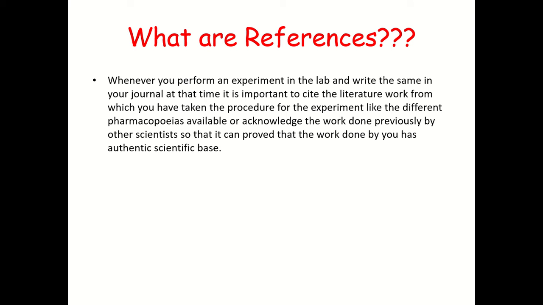Whenever you perform that experiment, you have to acknowledge the work done by previous scientists related to that topic. By acknowledging the work done previously, it is proved that the work done by you has some authentic scientific base. It has to be authentic work. So to show that the literature work has an authentic scientific base,